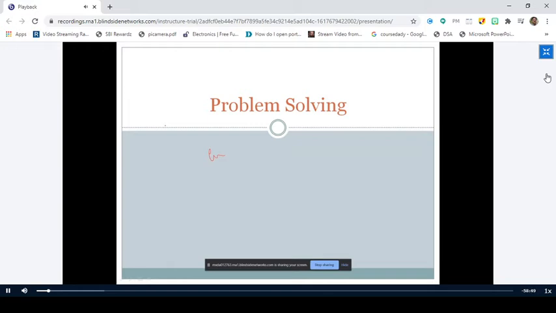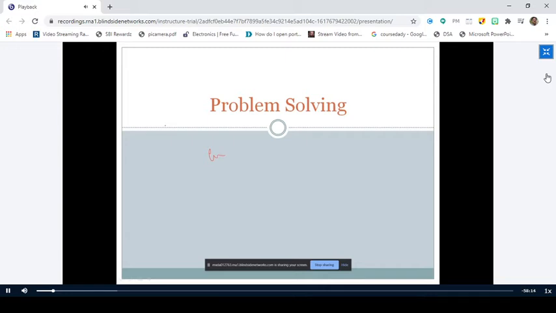So we go for manual problem solving whenever the problems are simple in nature and whenever there is no repetition of tasks. Then people are more interested to solve those problems manually. But if the problem size increases, that means if the complexity of the problem increases day by day, then that complex type of problem can be solved by using computers, right?